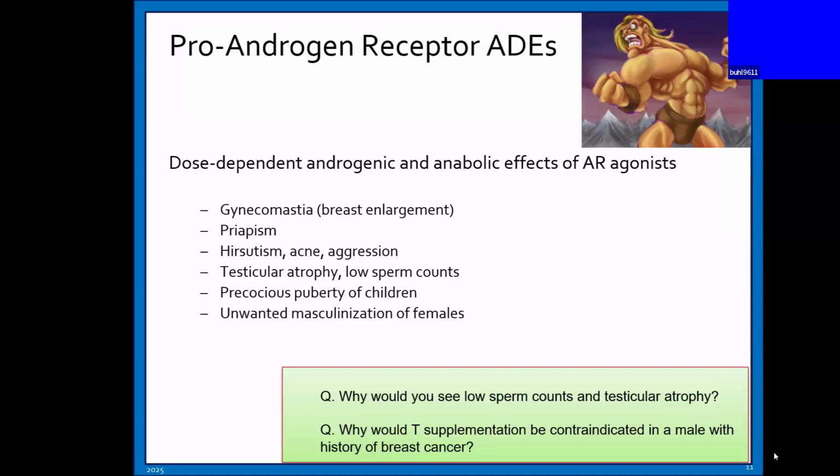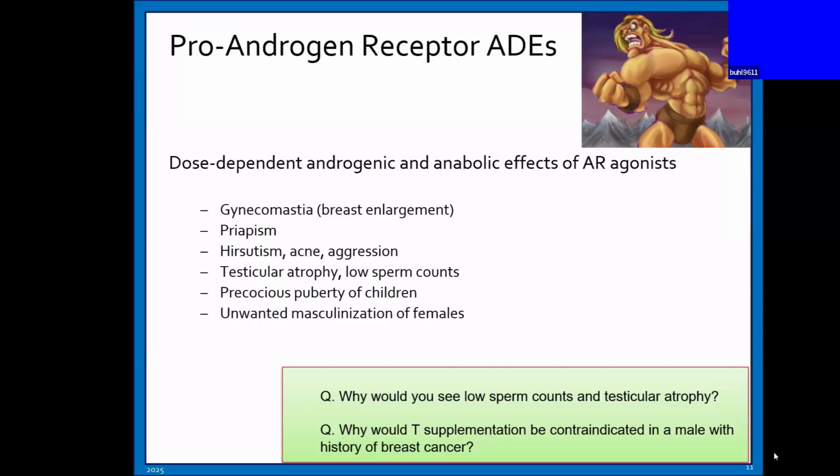Testicular atrophy and low sperm counts. Let's look at that again. Hypothalamus, pituitary, and then the testes. The testes made the testosterone, and the DHT comes from that. So now we're going to give a ton of testosterone, say. What it's going to do is come back and block GnRH, block LH, and block FSH. So you're not going to start spermatogenesis. So that testicular atrophy and low sperm counts are coming from too much testosterone causing the whole pathway to be shut down from feedback inhibition.